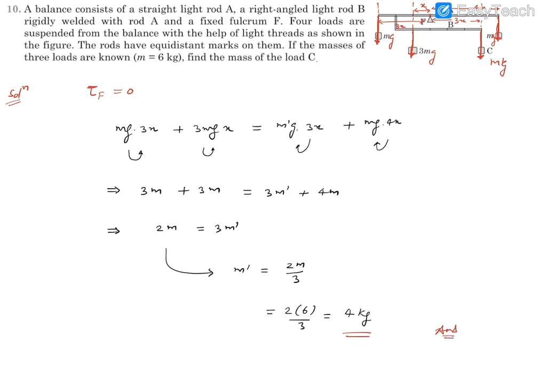So just balancing the torque about the fulcrum will give us the answer, because this entire combination or picture is representing a rigid body. Entire means the rods connection, not the threads. Threads are not part of the rigid body, so they are giving the tension, the forces due to gravitational force, and we have listed them. Okay, thank you.